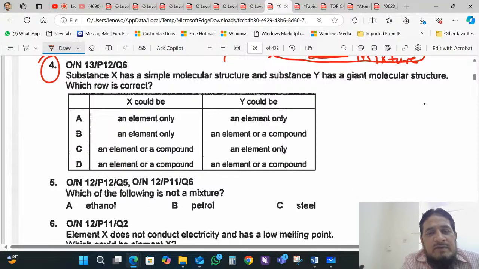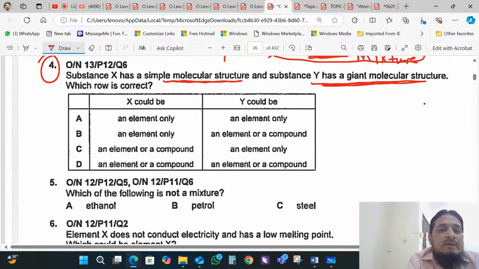Substance X has a simple molecular structure. So this is a simple molecular structure, and I am going to underline the X. The substance Y has a giant molecular structure. So there are two different types of substances, which could be an element only. He is saying simple molecular structure, and element only means